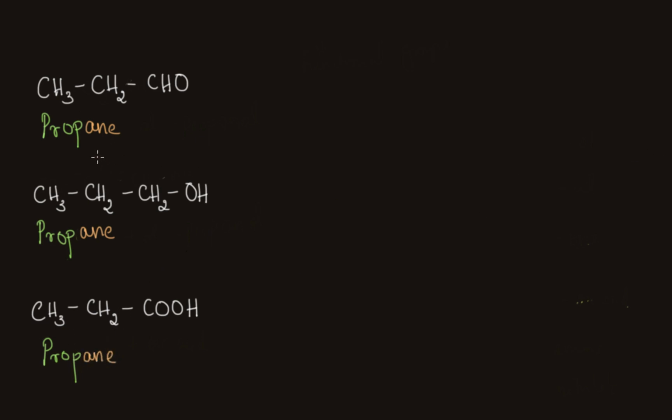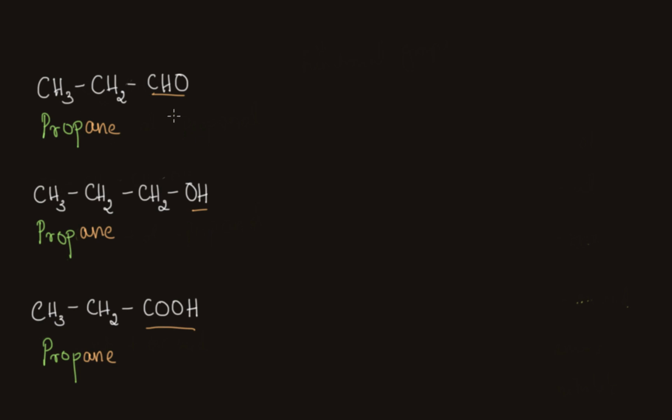One thing I notice over here is all are named propane. But do you think that all these compounds are called propane? I can clearly see that there's a difference. Here there is some other group like CHO, here there is another group like OH and COOH. In the last video we saw the compounds with carbon and hydrogen only, but here are some compounds with carbon, hydrogen and oxygen. There are some different groups. So what are these groups called? Yes, so these groups are nothing but the functional groups.